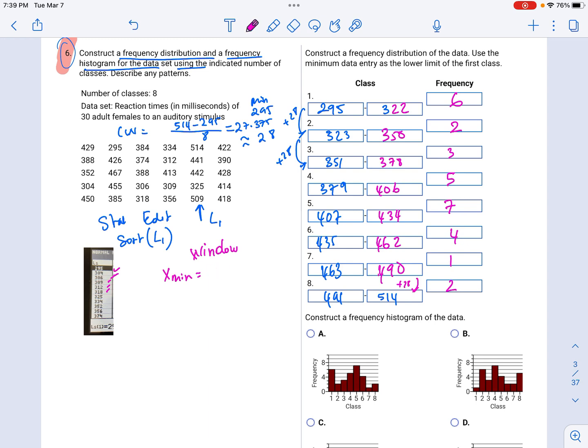Let me think. We could go a little lower. We could do 295 minus 28, so we could go 267. Okay, X maximum, let's take the maximum, which was 514, and add 28, 542. XSCL could be your class width. Your class width is 28. And then your Y minimum is going to be 0, Y max can be 8, and you can go in increments of,